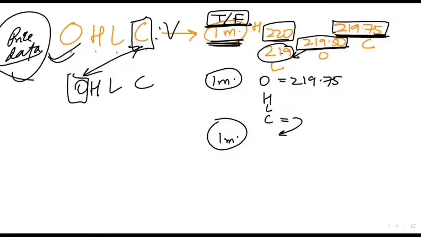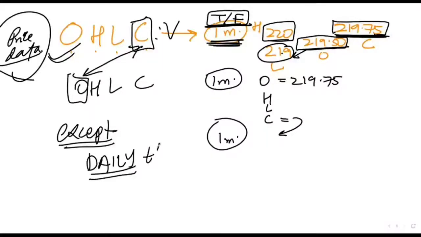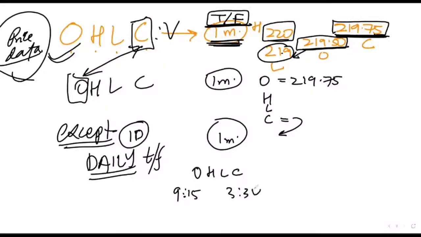And remember, in every time frame, the open of any time frame is the close of the previous time frame, except daily candles or the daily time frame. Now, in a 1 day time frame, you will have one OHLC for the day, which means during 9:15 to 3:30, what was the highest point of the day of that stock and what was the lowest point. At 9:15, what was the price at which the first trade happened? At 3:30, what was the point at which the last trade happened?